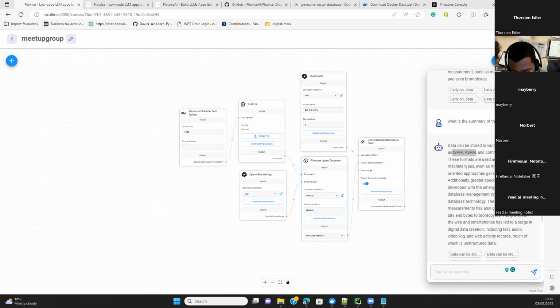Okay, I can see a question in the chat. Can you use PDF directly via OCR plugin, or do you need to extract the text? For this particular Flowise AI, you need to use text, but you can also use PDF. I've used PDF too, but this environment is very, very easy for people to